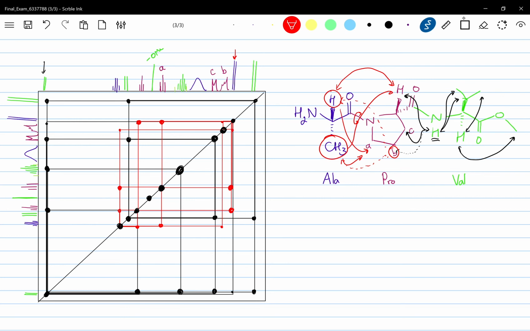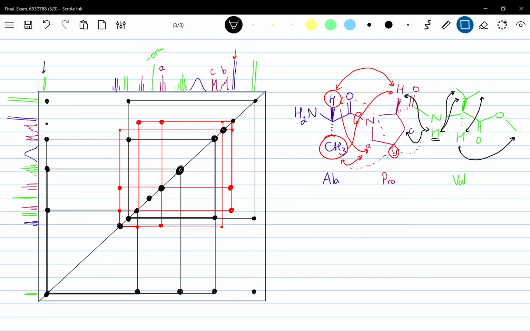Yeah, and it seems like I have made another mistake. This time it is the interaction between the green NH proton and B. So it should not be that one. So the green and B should be this interaction instead. So again, the weak one. Okay, well, I think that is all for